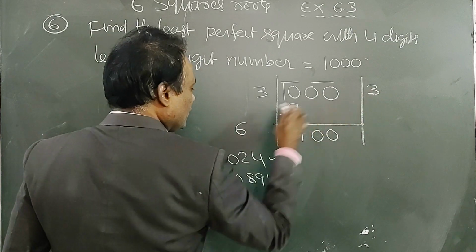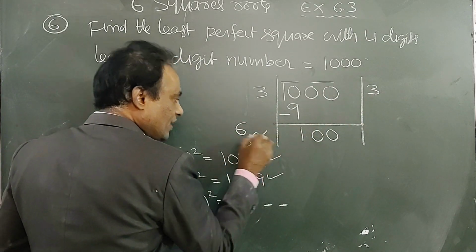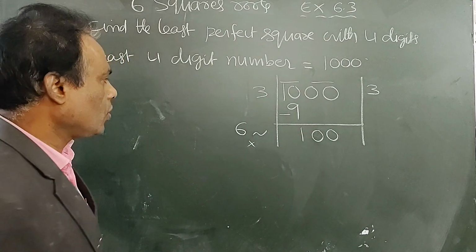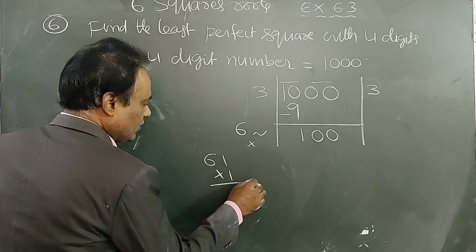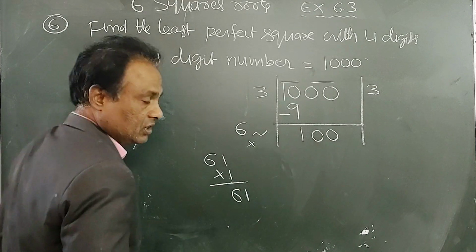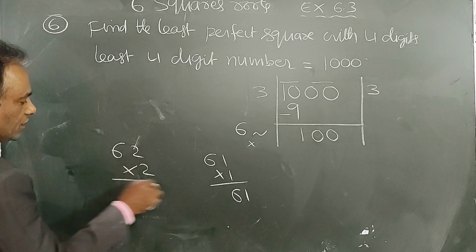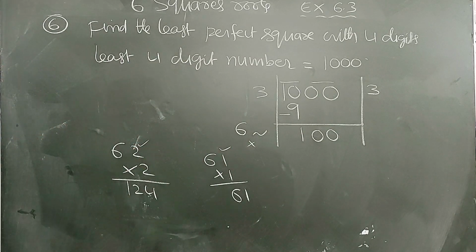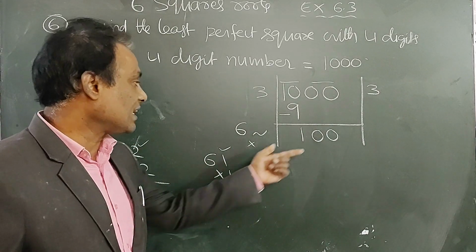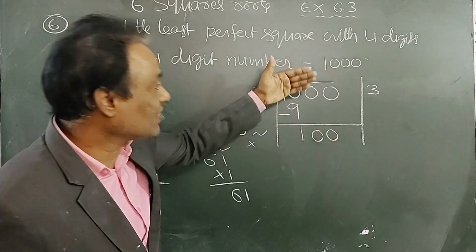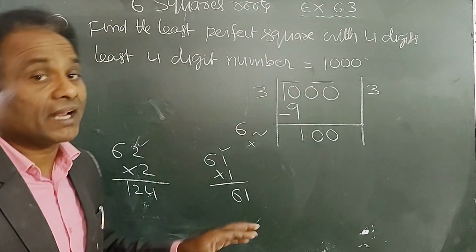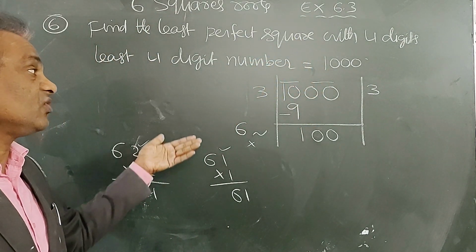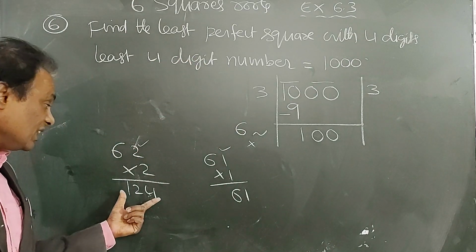So 3 plus 3, 6. Take a number here, multiply with same number, so that we get near to 100. So two cases, 61 into 1 is 61. Next if I write 2, 62 into 2 is 124. So should I take 1 or 2? If I take 1, we are getting 61, we are getting less number. Less means it should be subtracted. So subtracted means it will become a 3-digit number. So don't take a subtracted case. You have to take greater number.